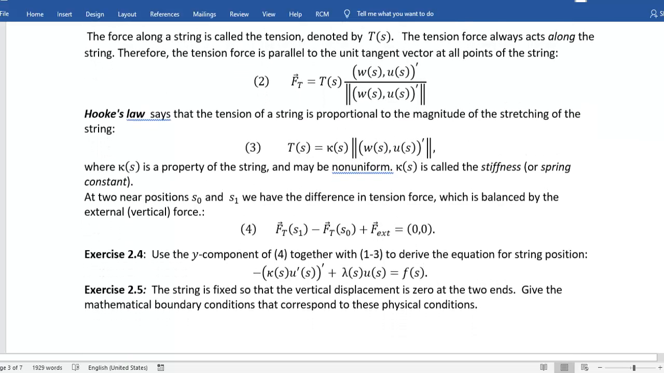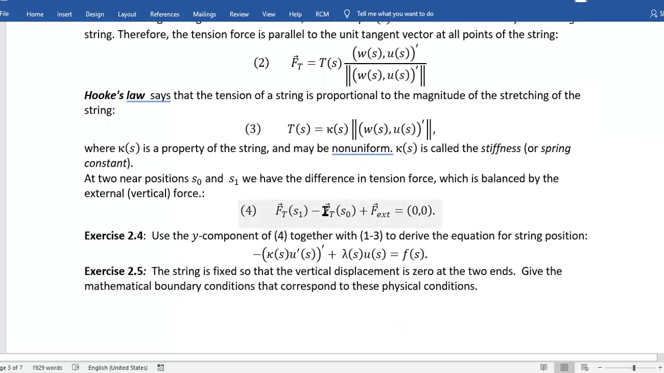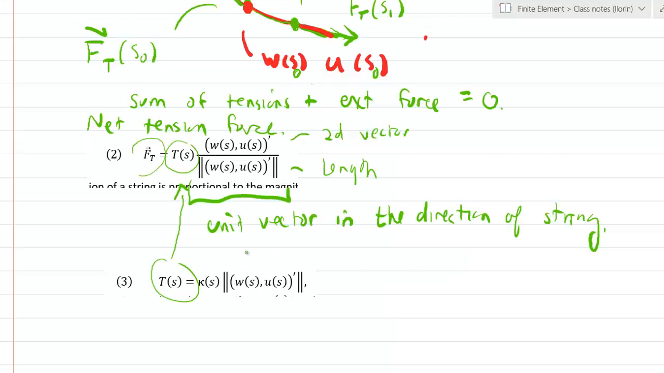Exercise. Use the y component of this equation together with equations 1 through 3 to derive the equation for string position. And what you'll get is this equation here. Notice this comes from the external force. This is going to come from the restoring force of the string. And this is going to come from the tension. Now the derivation is similar to the derivation of the heat equation. We are going to get an integral equation, and the integrand will be 0 on every interval from S0 to S1. Okay. So you will derive the string equation